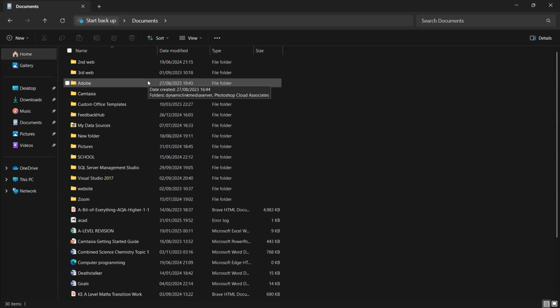So let me tell you what you would have seen if there was a backup. That place where your mouse pointer is showing date created 27th 08 2023, can you see where I'm talking about? Yes. Around there where that mouse pointer is, you would have seen something like a small circle with a tick in it, green.